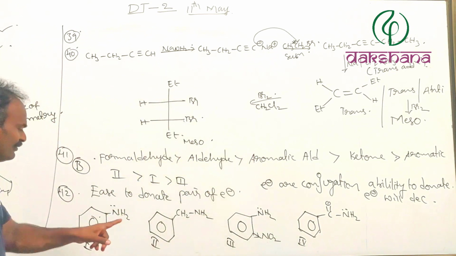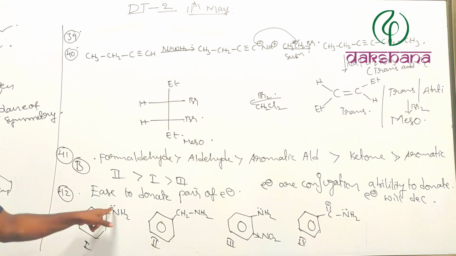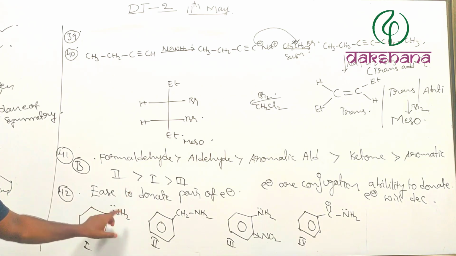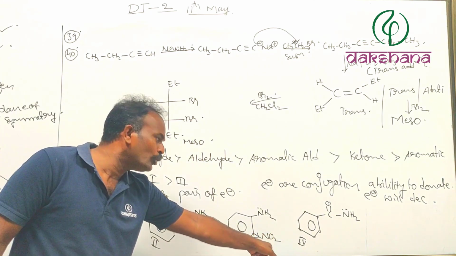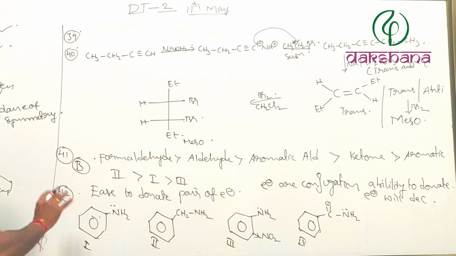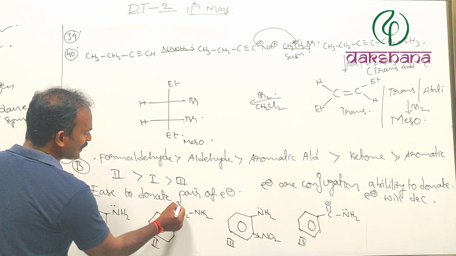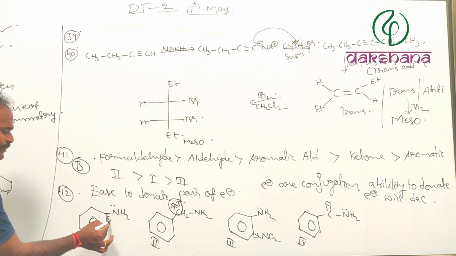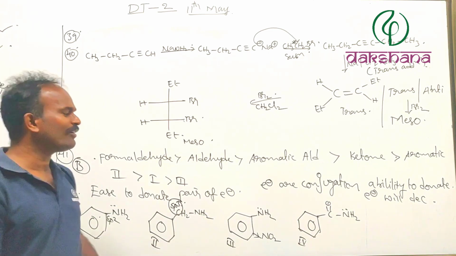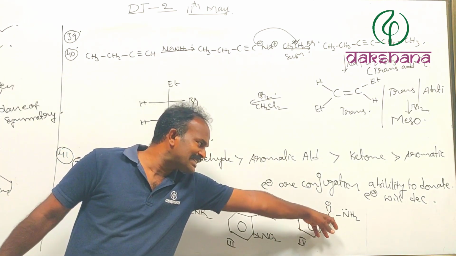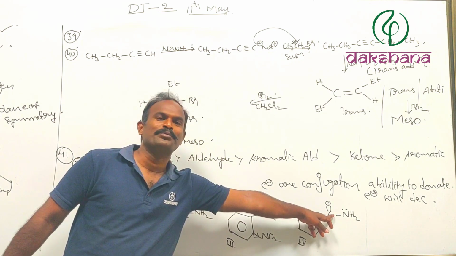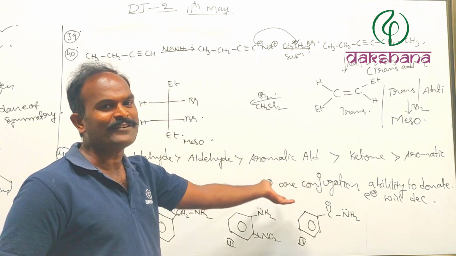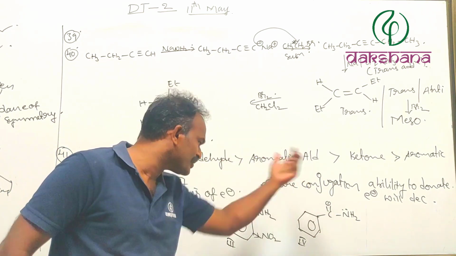Next, when it comes to pure aniline, here an electron withdrawing group is not there, and an electron releasing group is not there. Therefore, it has a tendency to donate, but it could be more when compared with this one, because here the NO2 group is there. Therefore, which is the best one? This is an sp3 hybridized carbon. sp3 hybridized carbon has less s character when compared with sp2 hybridized carbon. So for the remaining ones, it is going to be almost sp2. So the more the percentage of s character, the less the ability to donate the pair of electrons.